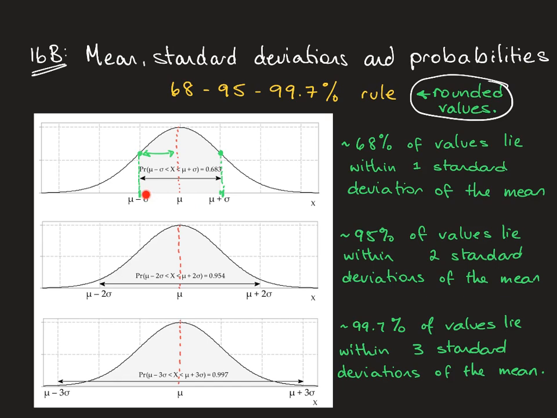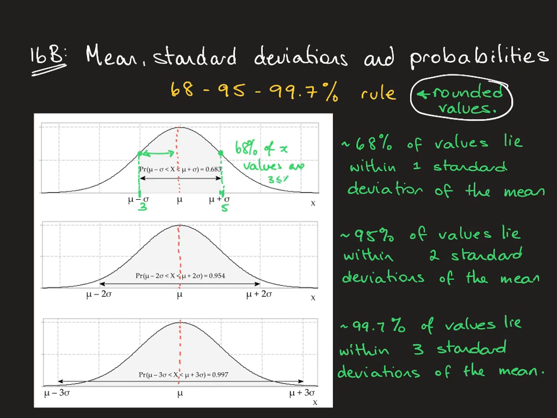So whatever the values are in here, I said it was a 3 and a 5, then 68% of x values are